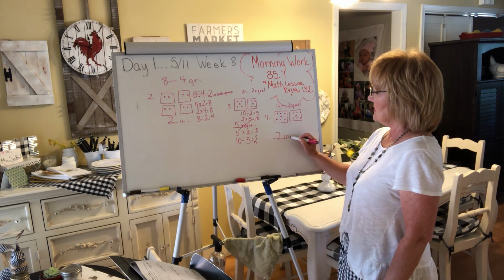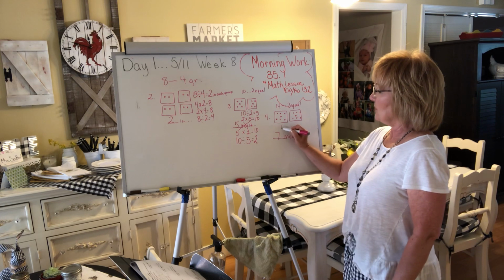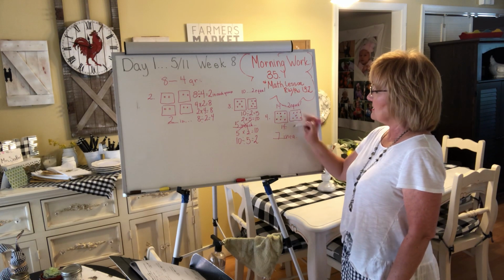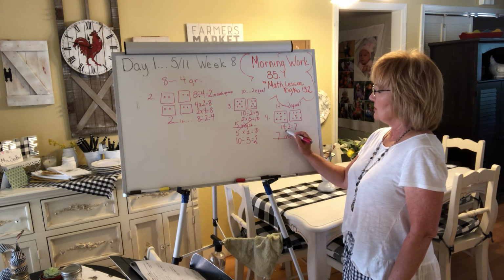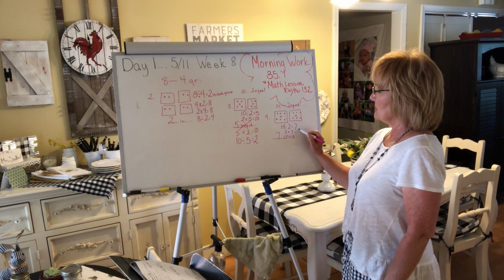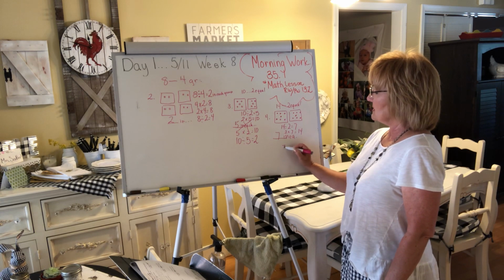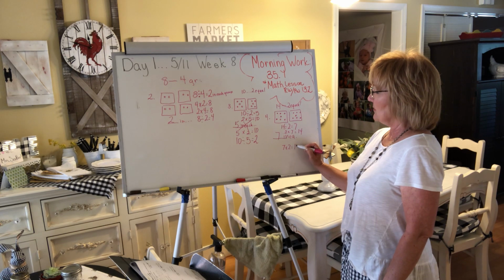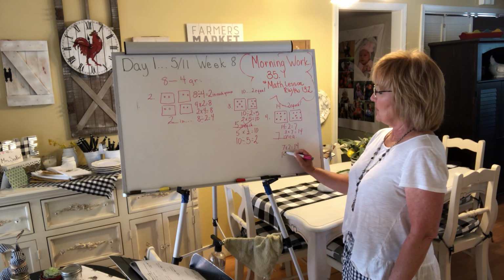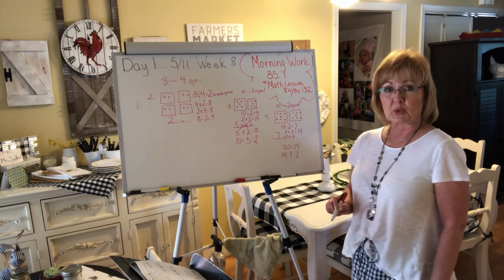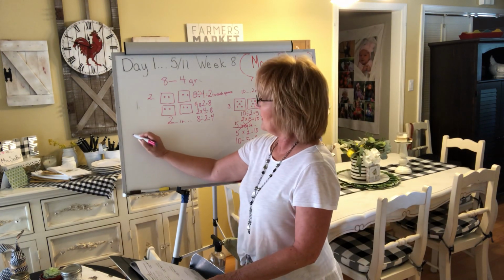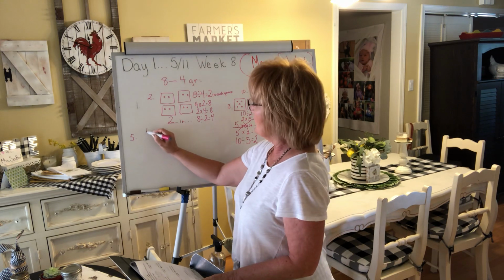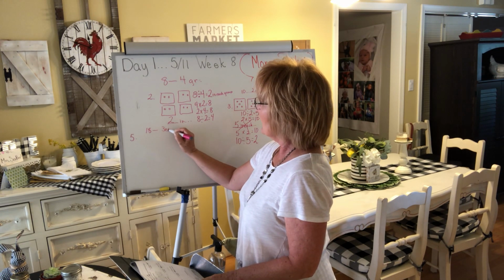7 in each. So we can say 14, go ahead and write that, divided into 2 equal groups would be 7. We know that 2 times 7 is 14, 2 sevens. We know 7 2s would be 14. And now we know that 14 divided by 7 would equal 2. We know so much more than just that. All right, number 5, it's dividing 18 into 3 equal